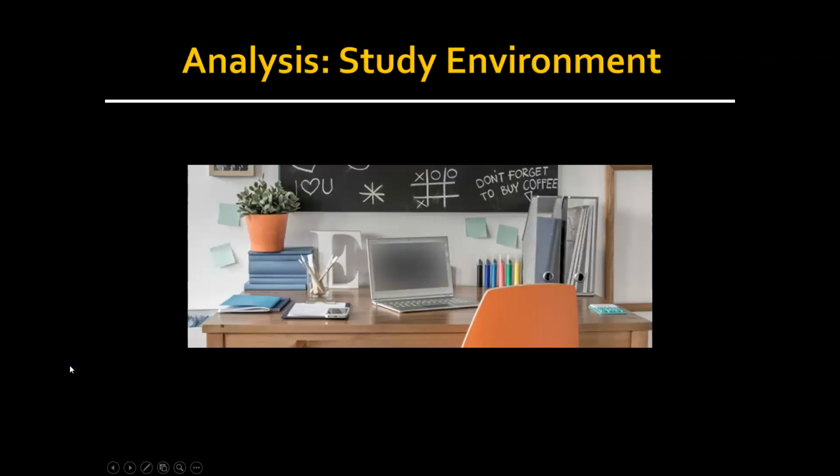Okay, so now that we've talked about the factors that actually might affect the quality of your study environment, I do want you guys to consider doing a little bit of analyzing of the top study environments, of the places you currently study. And so I want you to rank them in terms of their pros and their cons. I even would like you to consider going to some of these online study environment quizzes. You can find them online, and they actually help you determine the best and the worst locations for you to study.